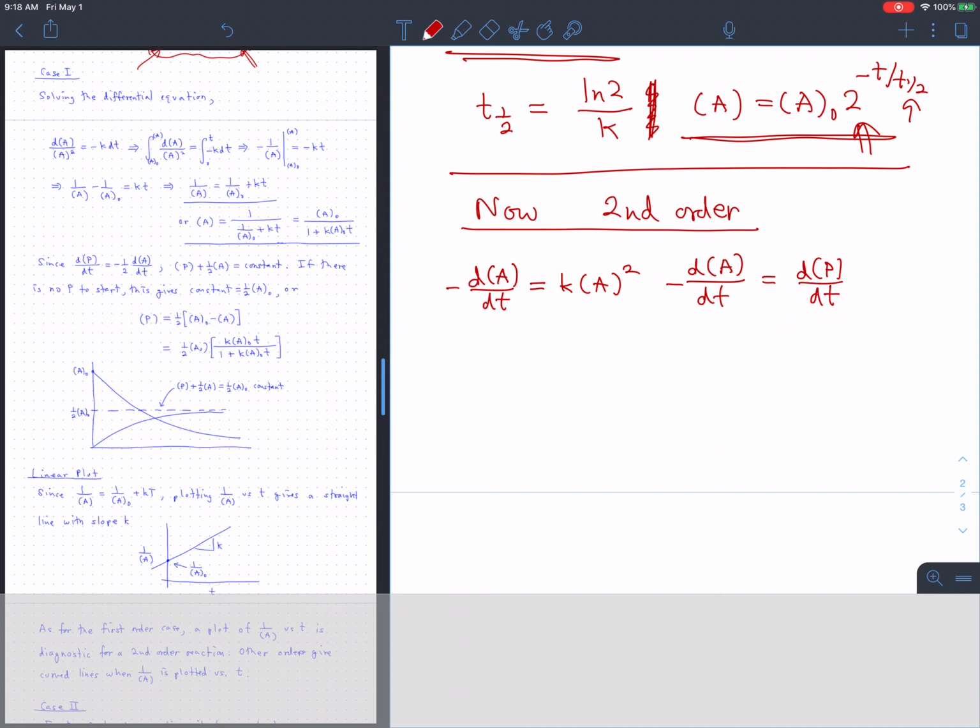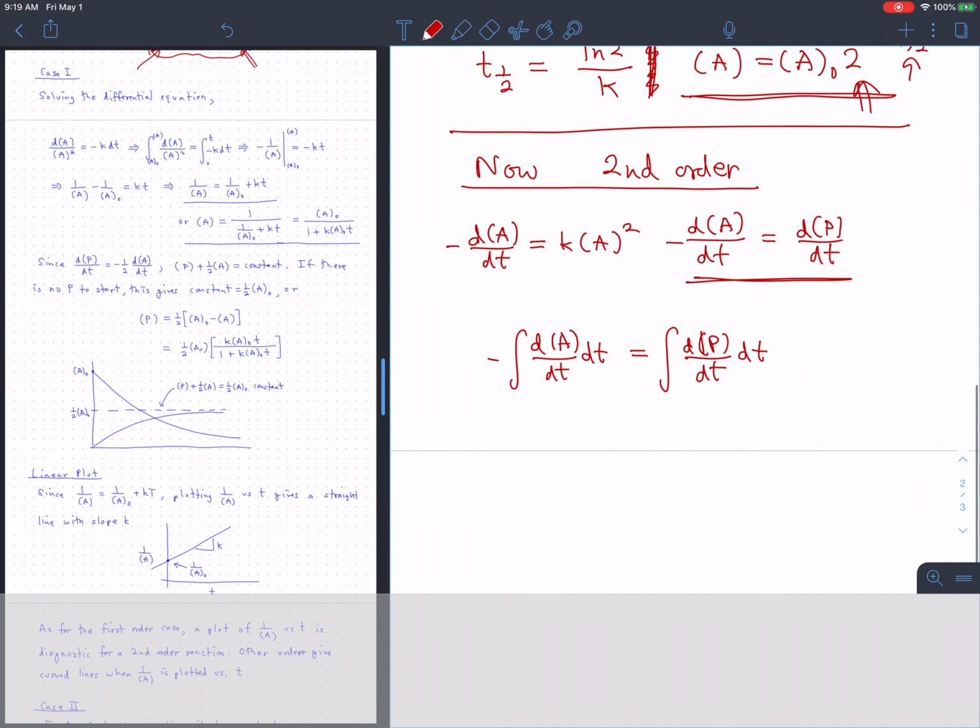And that just follows from the stoichiometry of the reaction. Let's integrate these two first so we can get some basic relationships. If we just integrate both sides, so minus the integral of dA/dt dt equals the integral of dP/dt dt, then that gives us